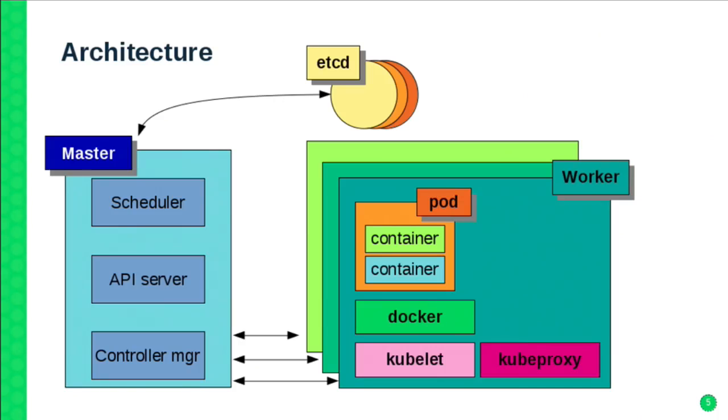So you have etcd, which is a distributed key-value storage. It's where the status of the cluster is stored. Then you can have an arbitrary number of etcd servers. For HA reasons, it's recommended to have at least 3 of them in production.